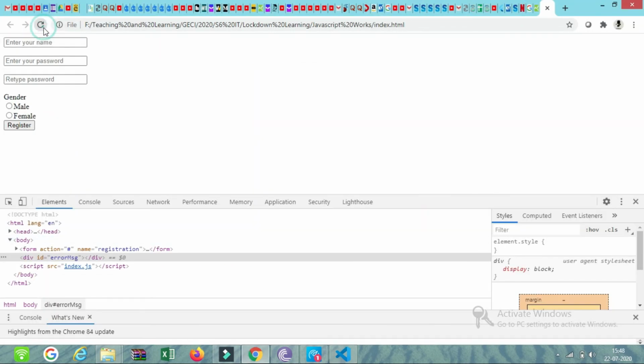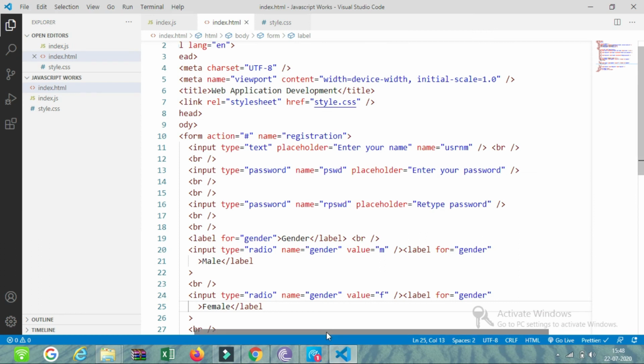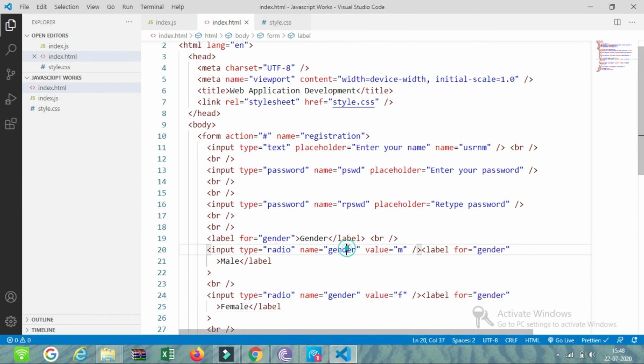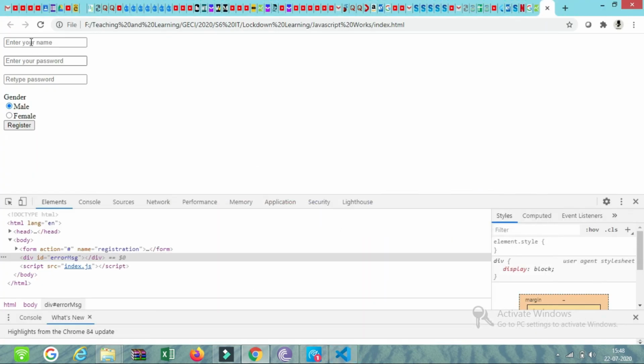Okay. Now what we are going to check is the radio button. With a radio button, you can select either one of these things. Either one of these can be selected. That option appeared there because these two radio buttons have the same name. That's why you can only select one of the two.